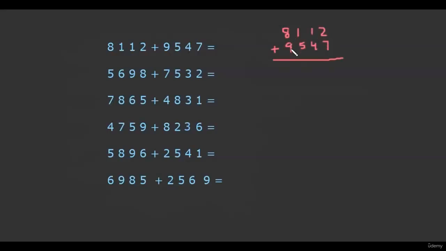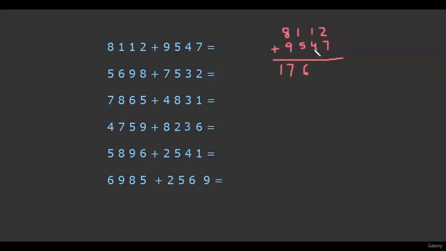8 plus 9 is 17 and the numbers on the right side of it are non-carry numbers. So we will write the complete number as it is, because for the leftmost side we always write the complete number. For further numbers we will just write the end numbers. Now 1 plus 5 is 6, and 1 and 4 are non-carry numbers, so we will not increase 6 by 1. So we will just write 6 as it is.